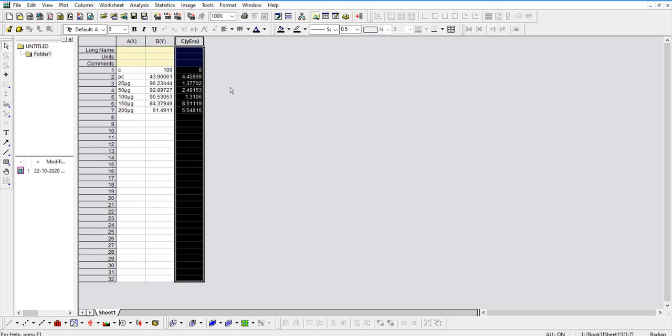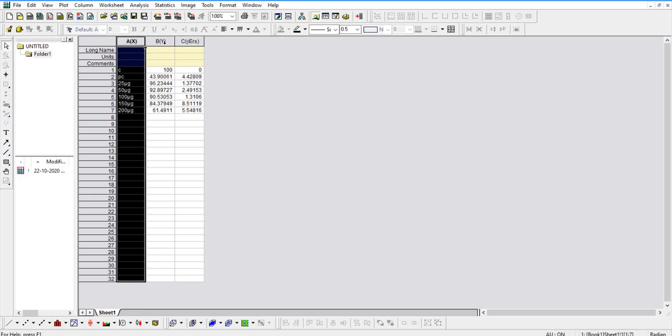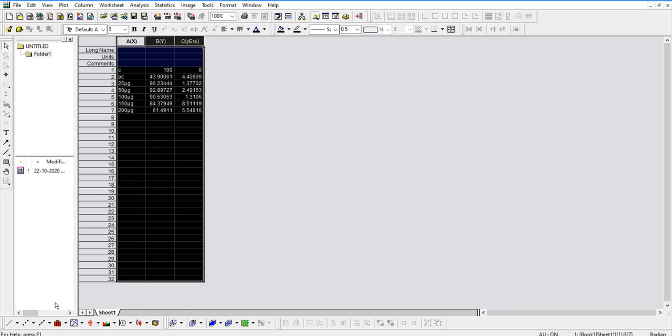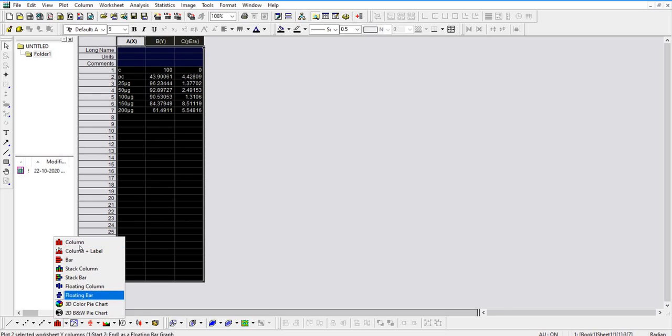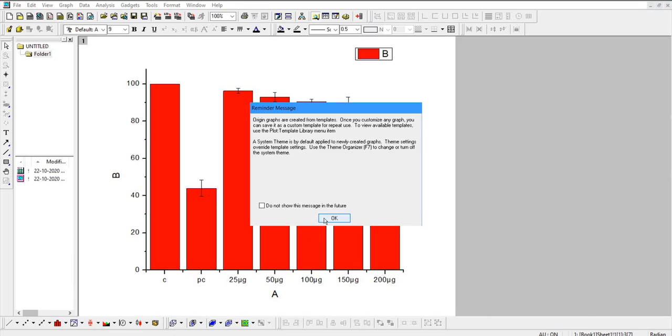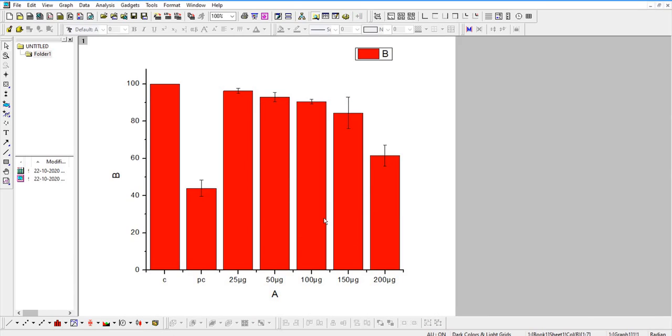Now you need to select all the values and namings and press the button below. Here you can see the bar chart. You can press any button you want, your format, your wish. But I am going to press the first one, column. Now it is completed.